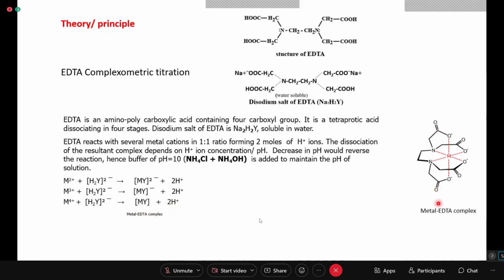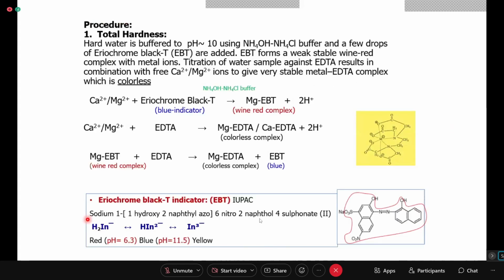The structure of the metal EDTA complex is a favorite question of examiners, whether you are offline or online. The structure has to be drawn properly. These are in a plane, 4 coordinate bonds, and one keeps above and one keeps below. Now, mostly it is seen that these are a little bit free because they are above and below the plane. Okay. Then coming to the procedure, it is written no theory; it should be the theory part. So the theory part is again the same as we had seen in the theory class.